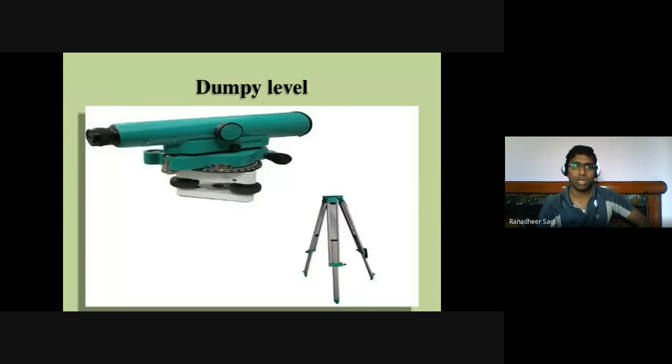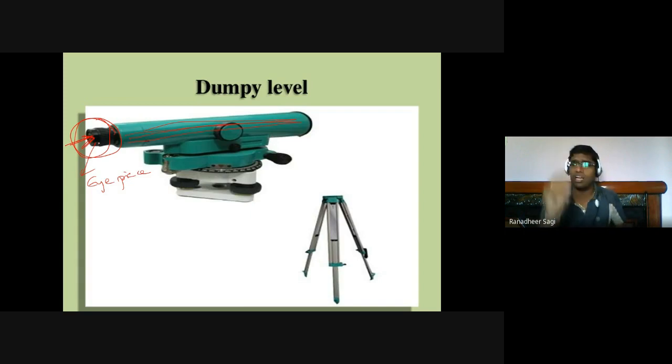This is what I am calling the telescope. The horizontal member, what you could see, is what I am calling your telescope. This portion is what I am calling your eyepiece. This is the viewpoint, so from here through your eye, you will be focusing at your leveling staff, and the other end of the telescope, whatever you have here, is what is called your object glass.